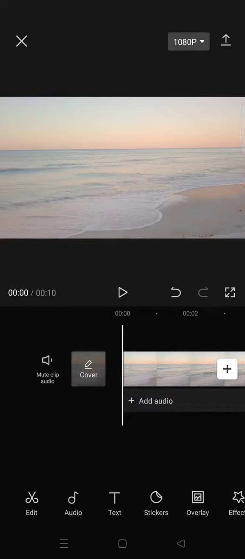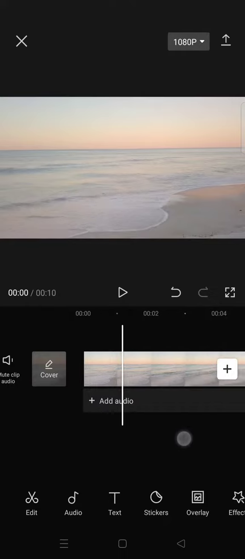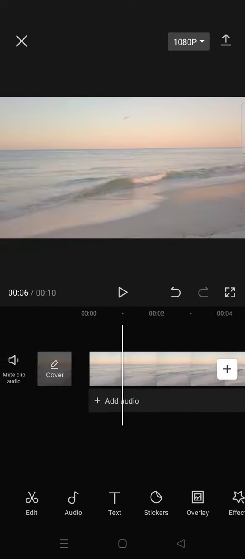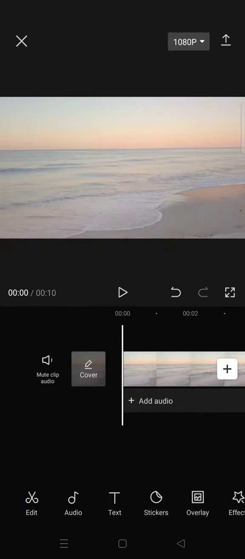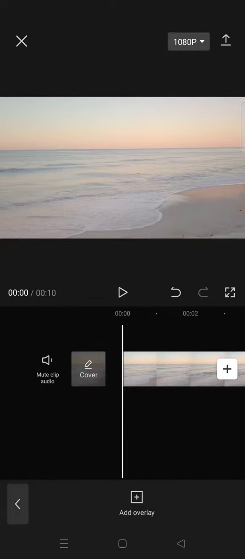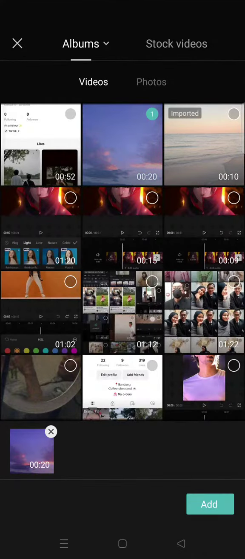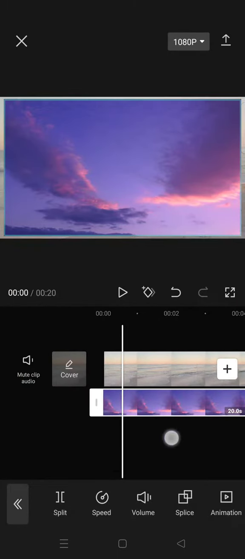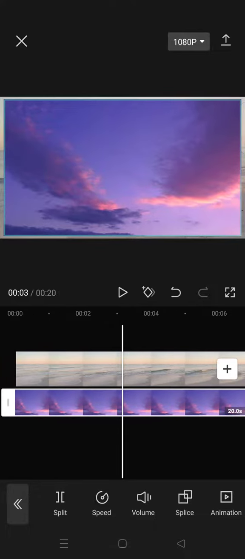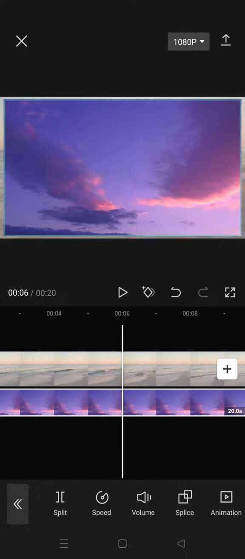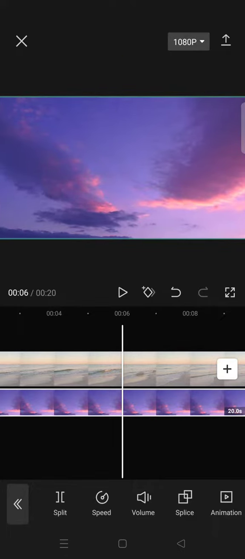On today's tutorial, I'm gonna show you how to change the sky color in CapCut. So here I've already got a main video and I want to change its sky color. So what you need to do is go to overlay and add a sky, another color, another video of sky like this. Then you can fit the size and go to mask,